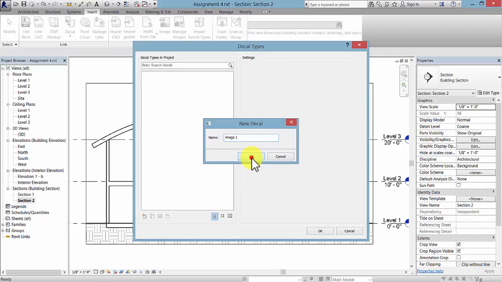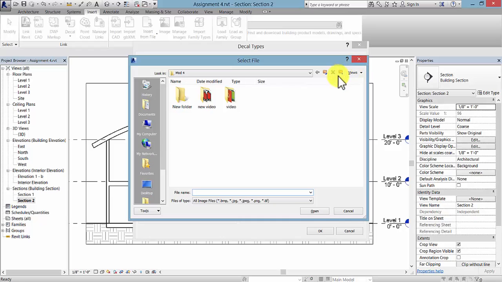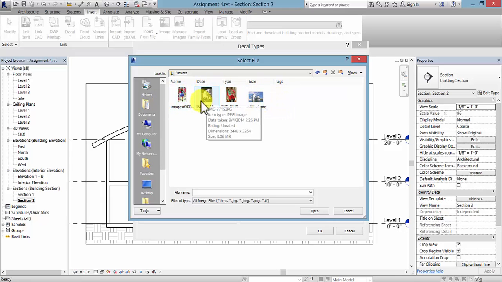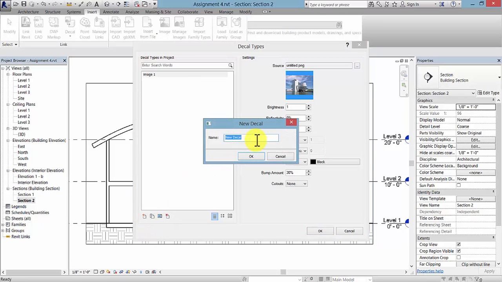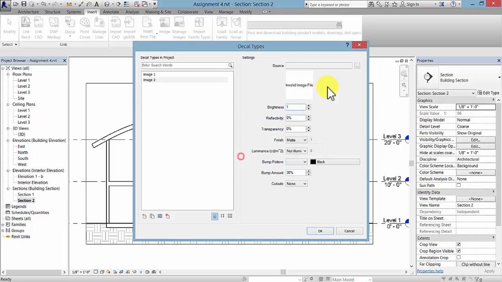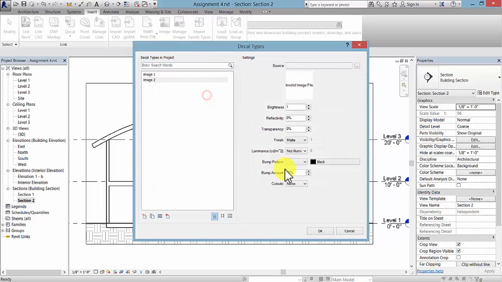in. You can go ahead and pick OK, and then at the top right you can click on this icon with the 3 little dots, and then go get your image that you're going to use, whether it's a building or a photograph or your favorite pet. So at the bottom left corner, pick Create Decal again and type in Image 2, and then go here to the source icon and bring that image in,